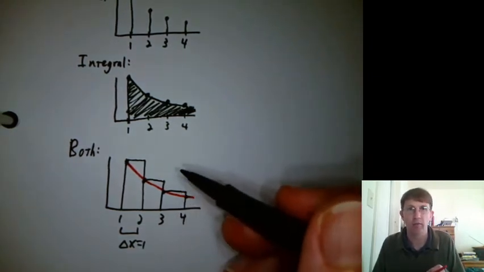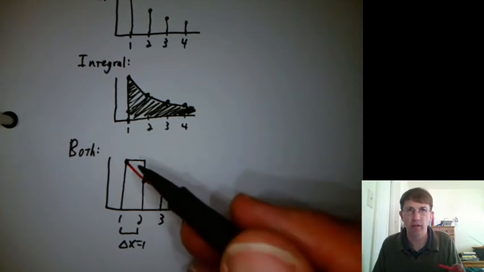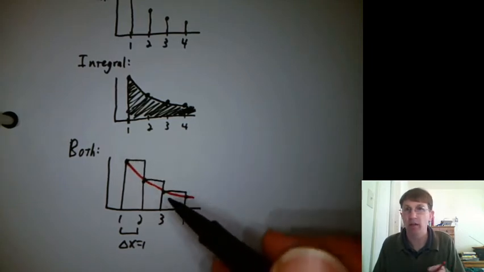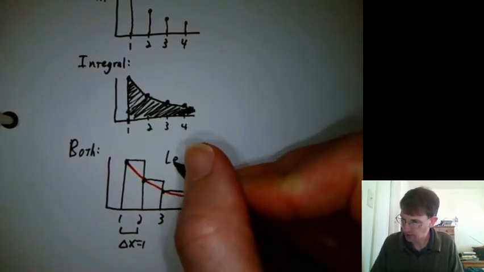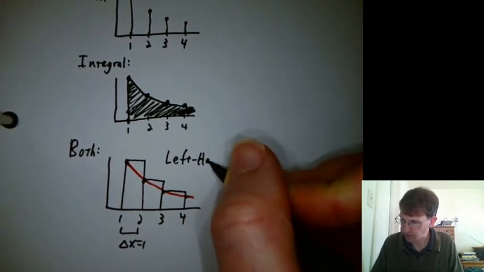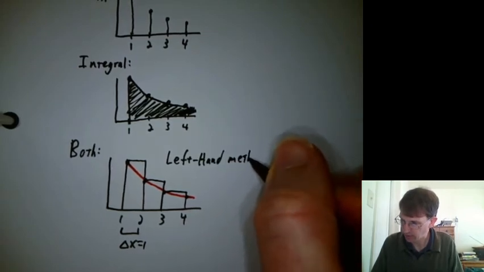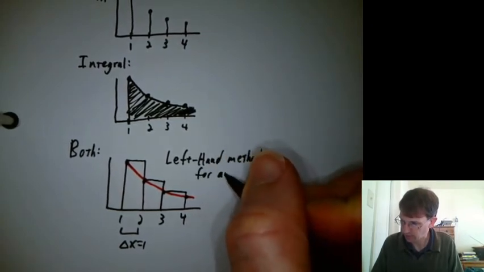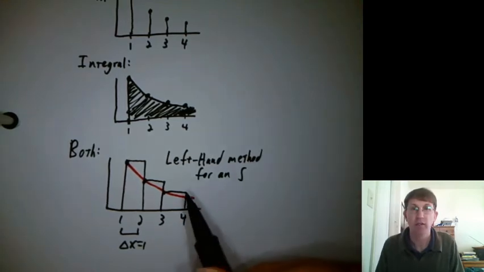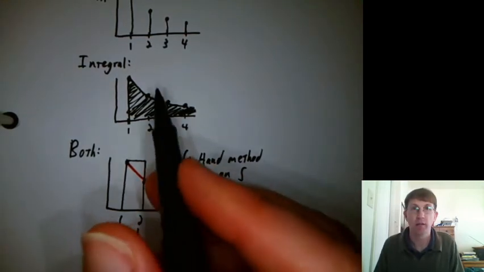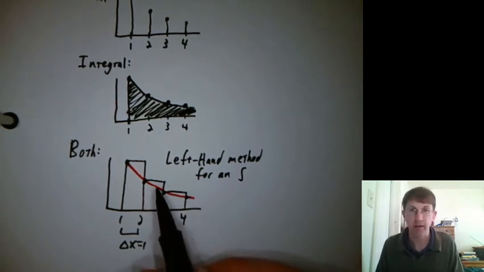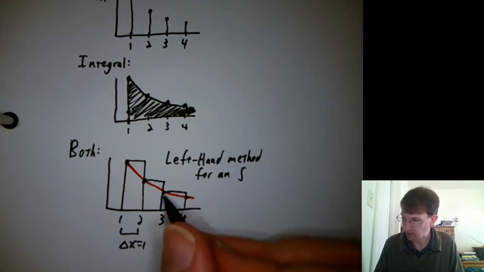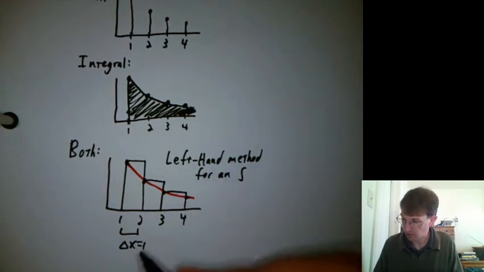So have we ever done this before, taking a smooth curve and saying, hey, there are boxes going on here? This looks like the left-hand method for an integral, right? So in some sense, the integral is approximated by that sum, and that sum is the left-hand method. And is it clear now why the integral is less than the summation? So we could say the summation is greater than the integral,